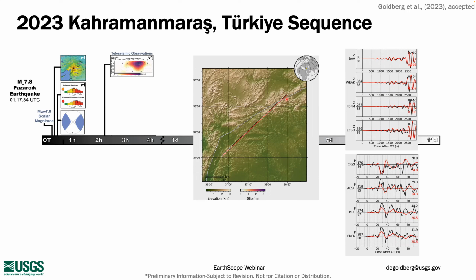So that is where our planar finite fault estimate is tied. And in this case, the red line indicating the up-dip edge isn't very informative because this is a steeply dipping fault, so you can't actually see the rupture pattern here. You can only see it in this figure here.